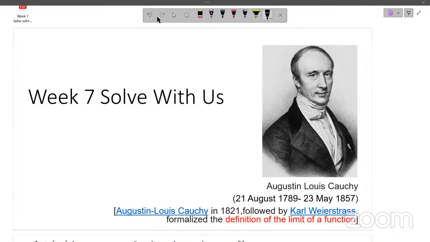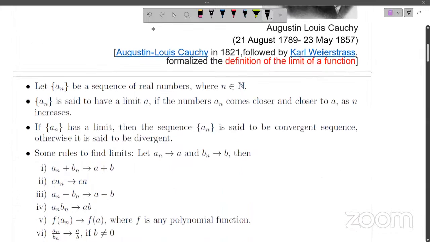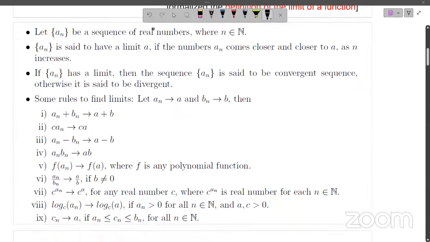Yes, ma'am. Okay. So today we will solve some questions based on limit of a sequence. You guys learn about limits, right? Yes, ma'am. Okay. So these are just only facts. I will just recall that if we have a sequence,